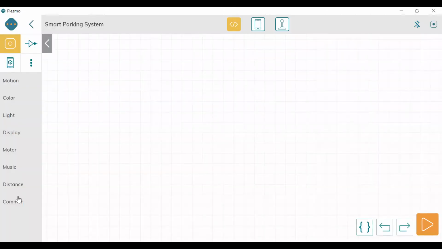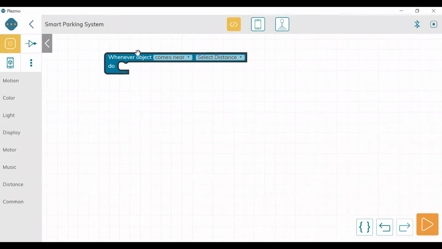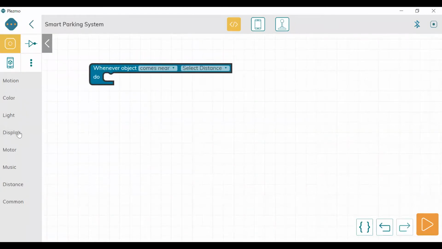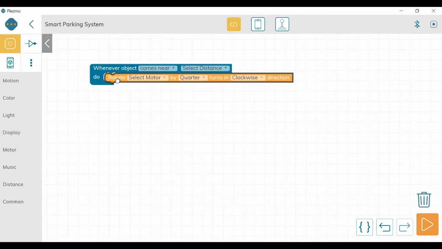Here, which element are we going to use? The distance element, because that is the main sensor. When the object comes near the distance element, we have to control the motor. So rotate the motor by quarter. I select quarter because the barrier has to open and cover an angle of 90 degrees, and a quarter is 90 degrees. I take the anti-clockwise direction because it has to go up.